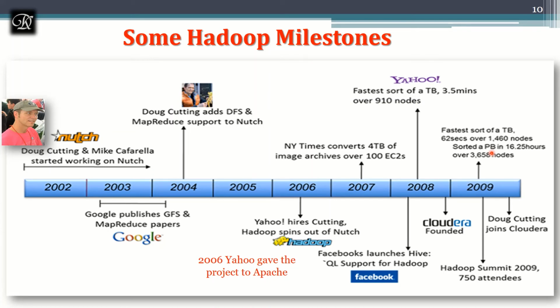And in the meanwhile, in 2008, Cloudera was founded, and Doug Cutting is recruited by Cloudera, and he is going to join Cloudera in 2009. And even in 2009, Hadoop Summit was conducted, and 750 research attendees who are going to contribute to Hadoop attended. This is how Hadoop started from 2002 to 2009. Right now it is with many versions, it started with 1.0, and right now it is with version 3.3 as I have seen.